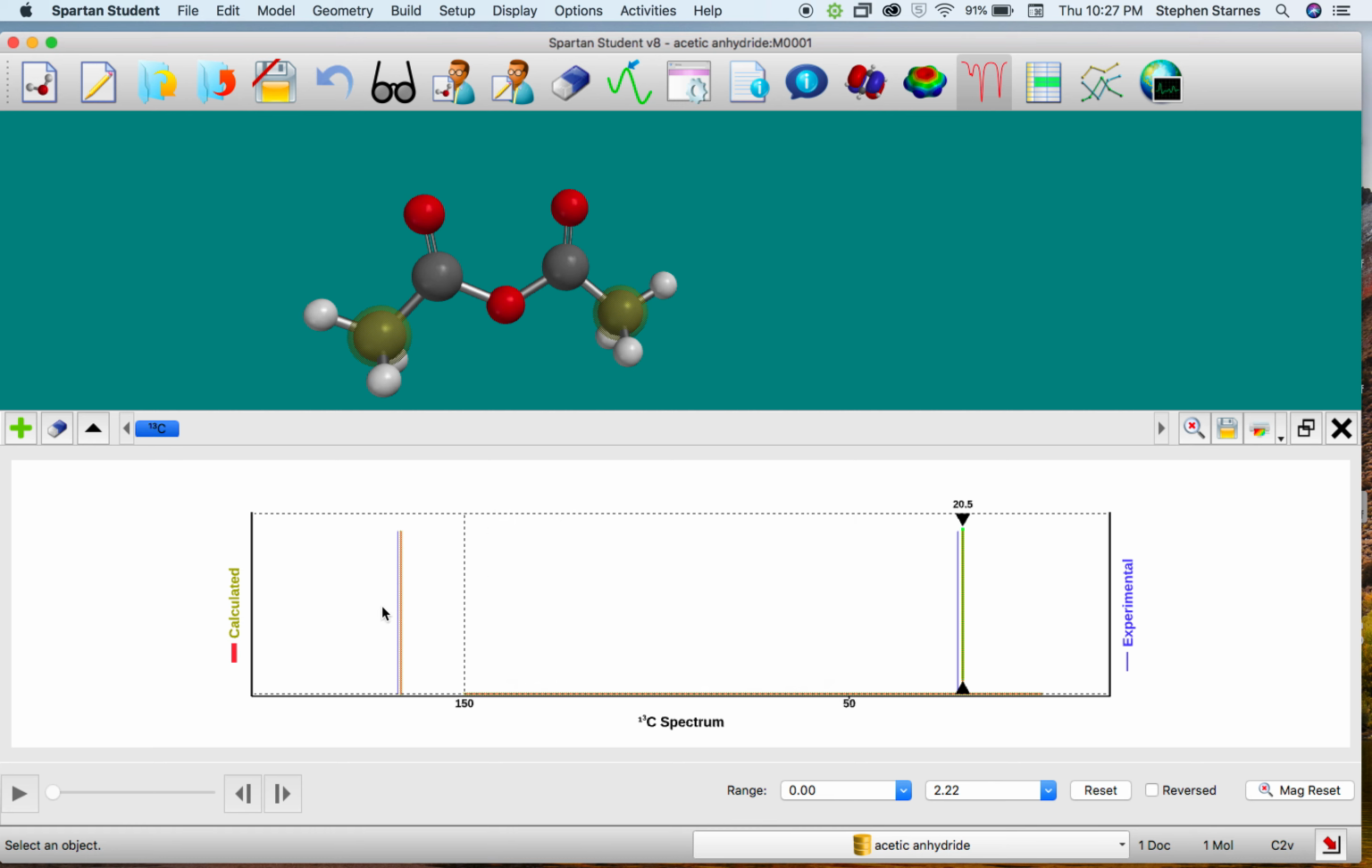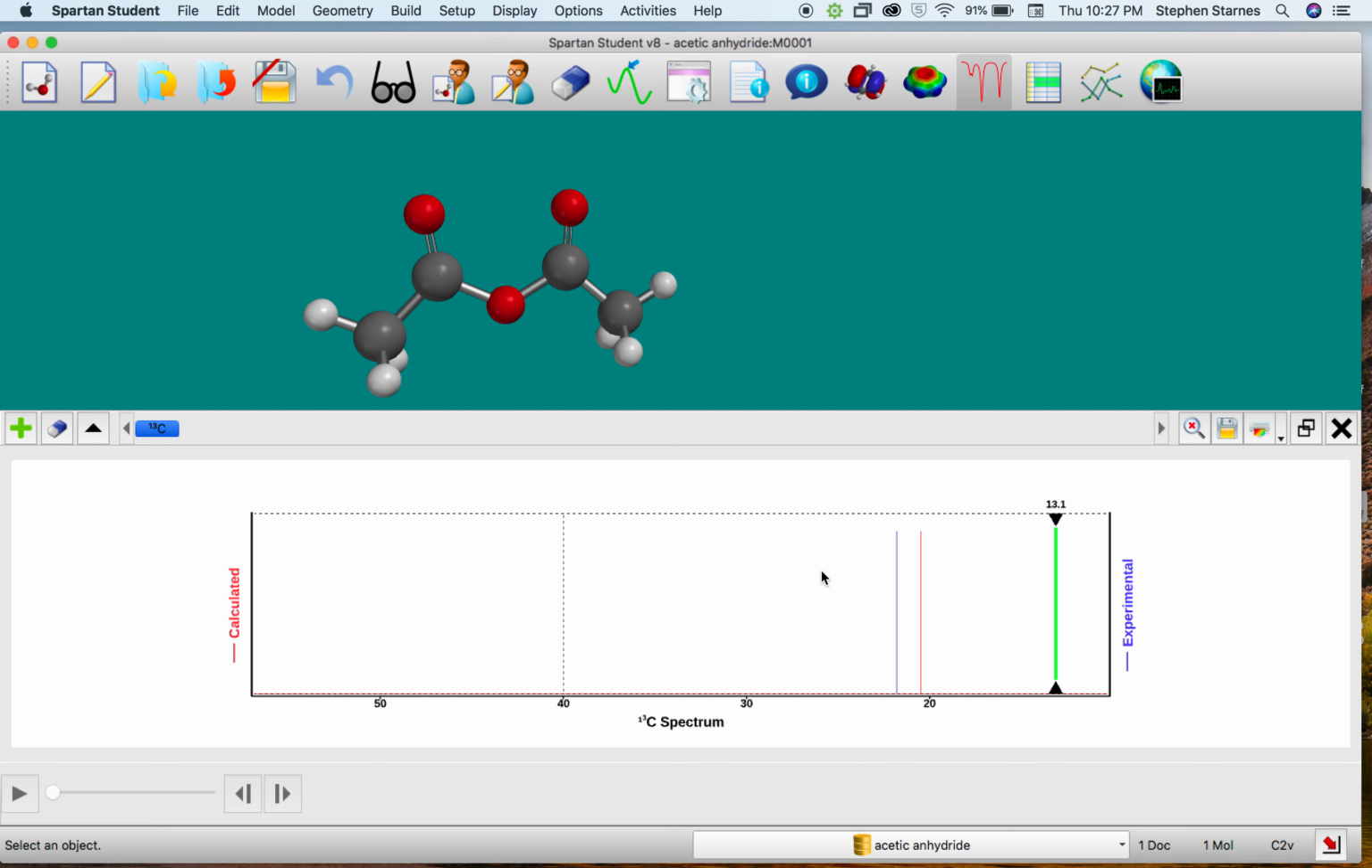Yeah, so there's your experimental. And so it did a pretty good job of reproducing experimental. So you can see it barely missed in terms of the chemical shift. So 21.8 experimental versus 20.5 theoretical. And for the C double bond O, if we want to get this on the screen,